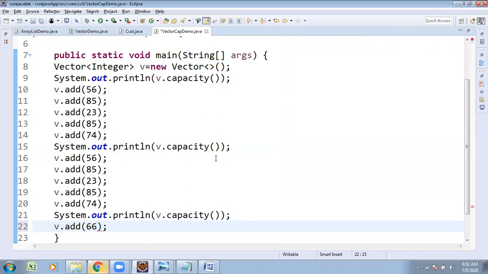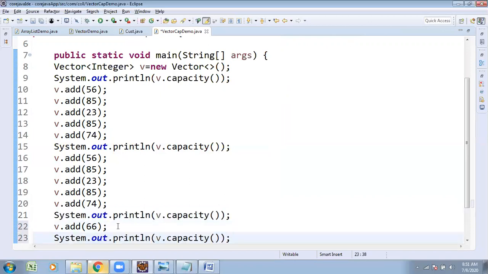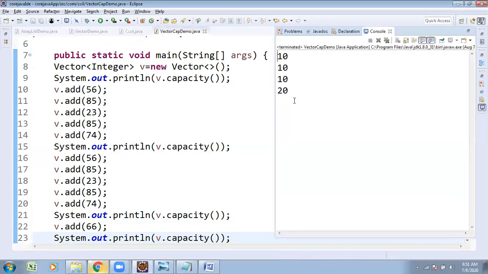After inserting the 11th element, you check the capacity. Up to 10, it is fixed at 10, the initial capacity. When the 11th element is inserted, the capacity is going to show as 20. Initial capacity 10, incremented to 20.